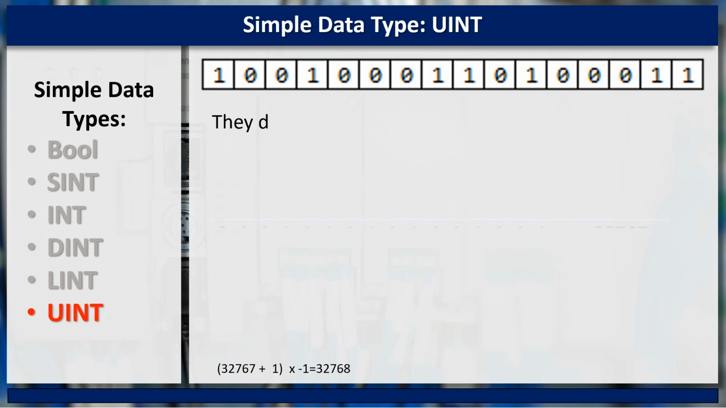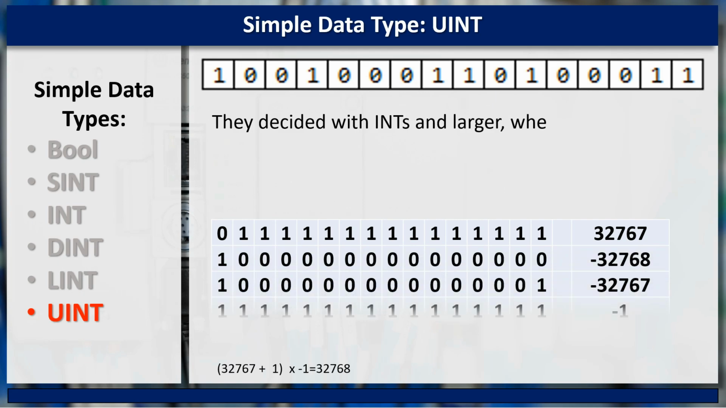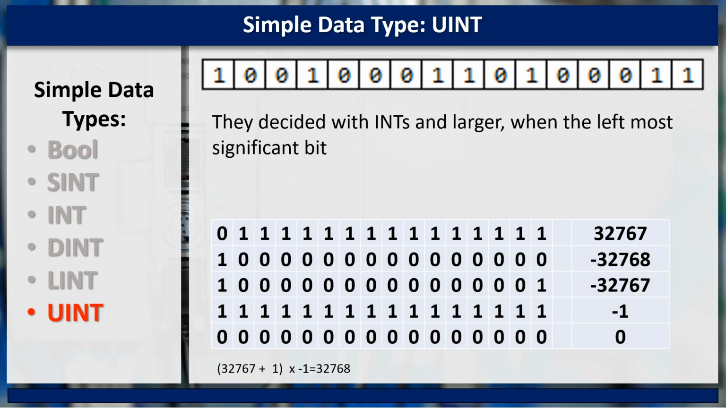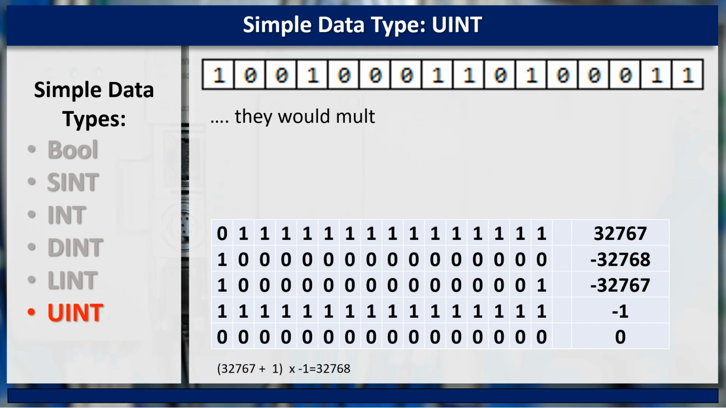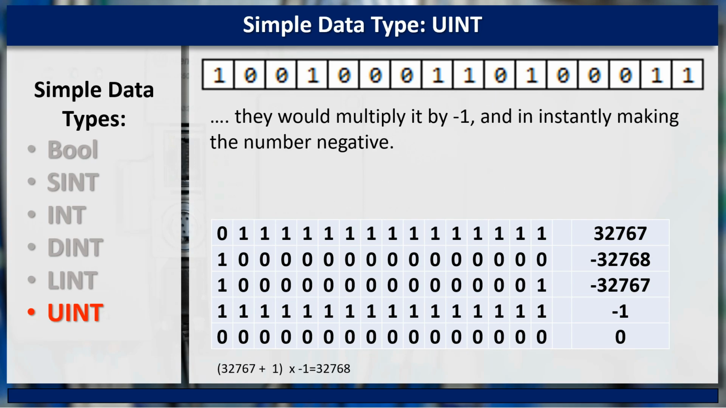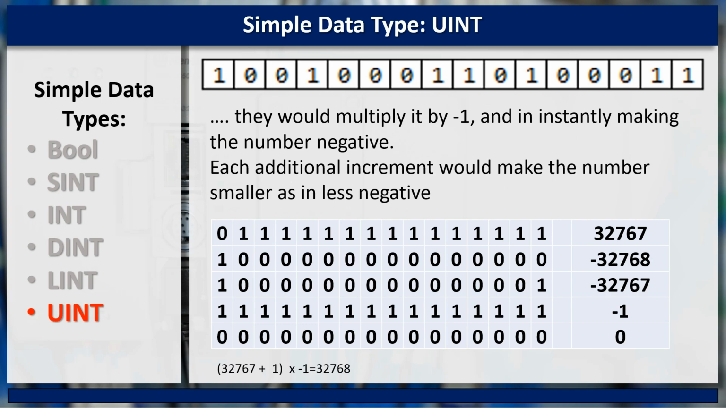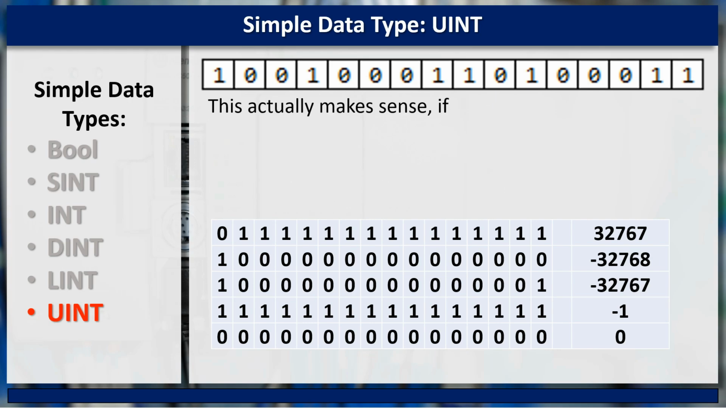They decided, with INTs and larger, when the leftmost significant bit is turned on, it would make the value higher by 1, but they would multiply that number by negative 1, instantly making the number negative. Each additional increment would make the number smaller, as in less negative. This actually makes sense if you keep counting, as in adding 1. By flipping